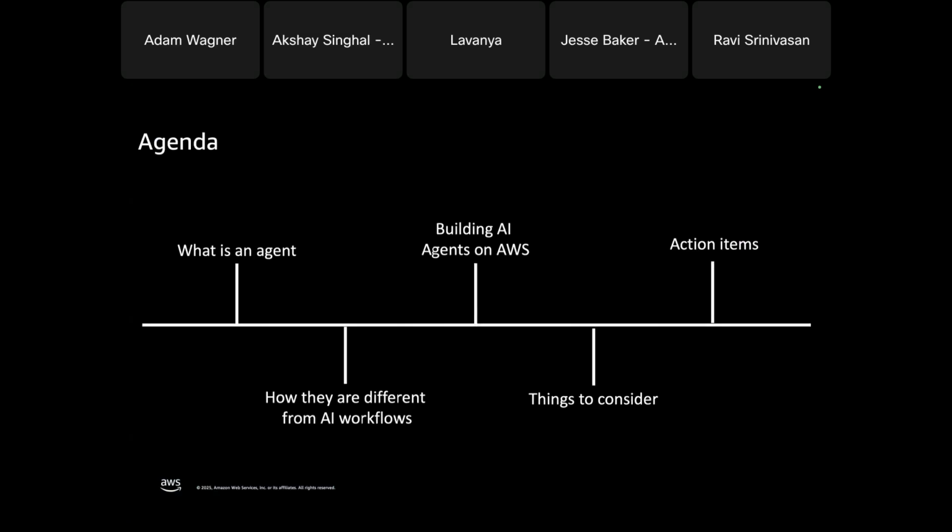This I hope is a very accessible way of looking at agents. Myself, I come from a development and infrastructure architecture background. I don't have a deep machine learning background, and I think that's one of the things about agentic AI that is so exciting. If you know how to build an application, if you've designed microservices, you can build an agentic AI application. And we're going to talk about how to do that today.